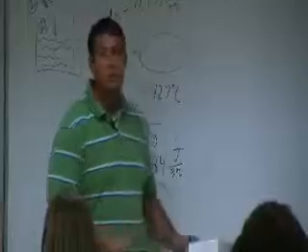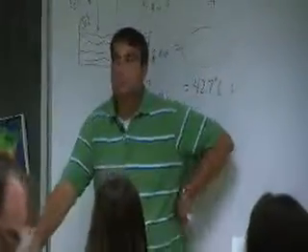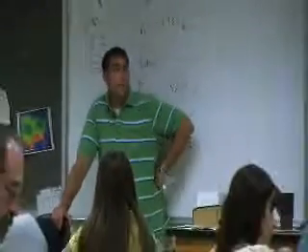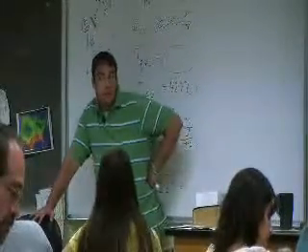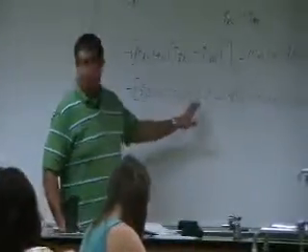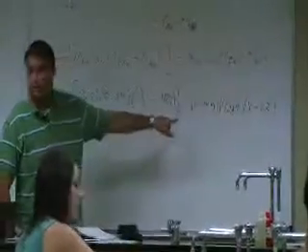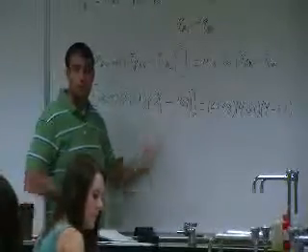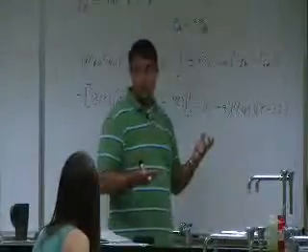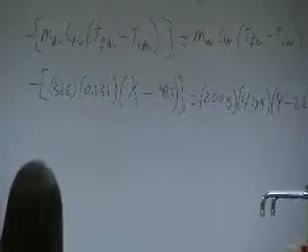Okay. On the surface, it looks like we have ourselves a problem. We've got one equation with two unknowns. All right. That ain't going to work. I don't care how much math you've had. If you have one equation with two unknowns, that ain't going to work. Some people say there's no solution to this. No, there's an infinite amount of solutions to this. No matter what number you choose for X, you can massage it to get a number for Y. So there's an infinite number of solutions to this. So we either have to find